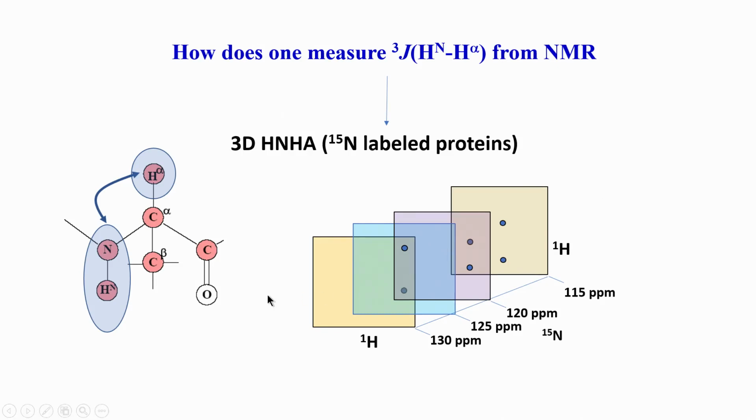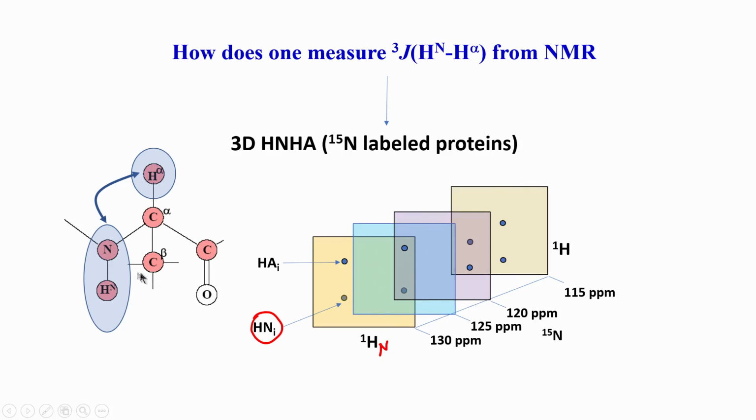So, in this experiment, HNHA, for any given amide proton to nitrogen pair, like an HSQC pair, for any amino acid in the third dimension you will see two peaks. One is called the diagonal peak. Let me write the correlation. It is shown here. This is called the diagonal peak. Why? Because this and this are the same; this is also HN and this is also HN. So, both are the same. This is a diagonal peak, but this is a cross peak.